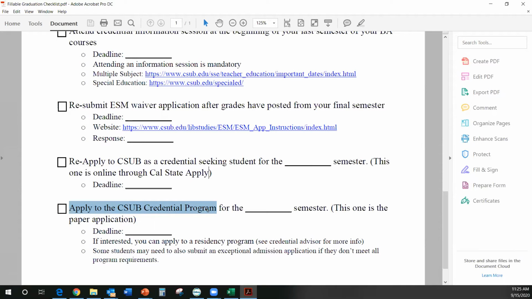The second application that is also required to pursue credential is applying to the credential program itself. This is typically a paper application. Typically it's something you print, fill out, and turn in hard copy. But since we're all working from home in this virtual format, the credential program has drop boxes that allow you to submit it electronically by attaching documents, but it's still not a fully online application, right? But the same thing, we've entered the semester and the deadline for that particular credential program application